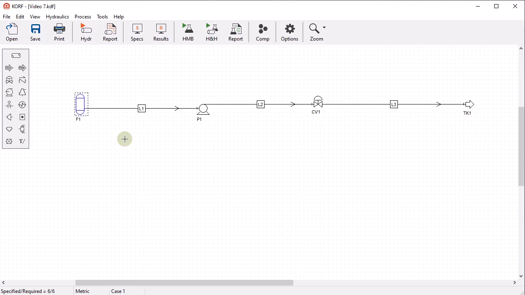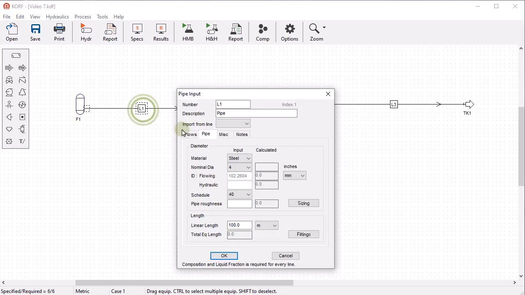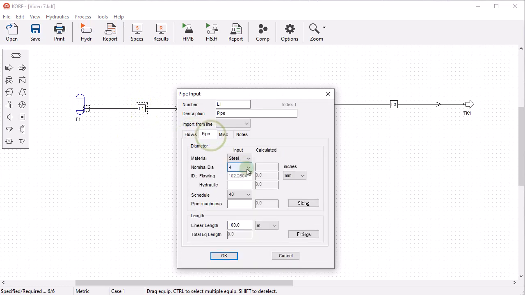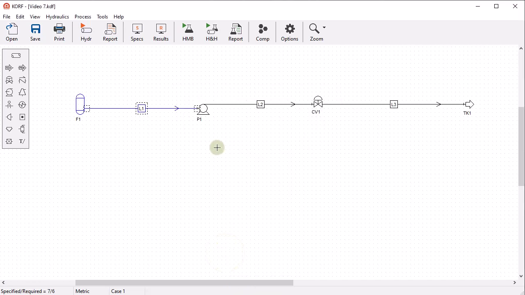Now double-click on the first pipe and specify a flow of 50,000 kilograms per hour. Then go to Pipe and select a 6-inch Schedule 40 steel pipe with a length of 5 meters. Click OK. For this exercise, we're not going to add fittings, but it is important to highlight that Corf automatically